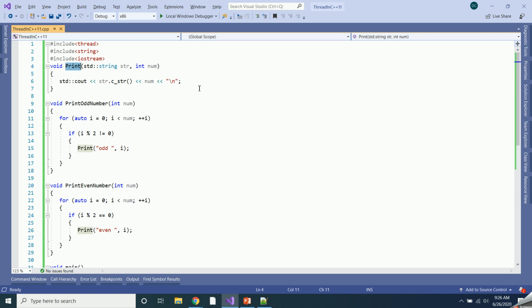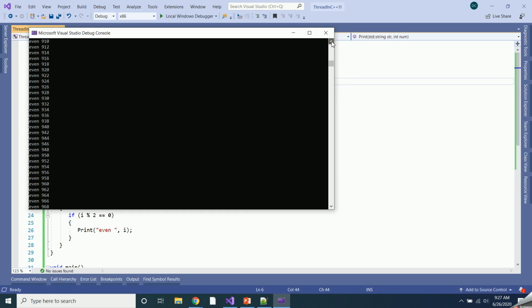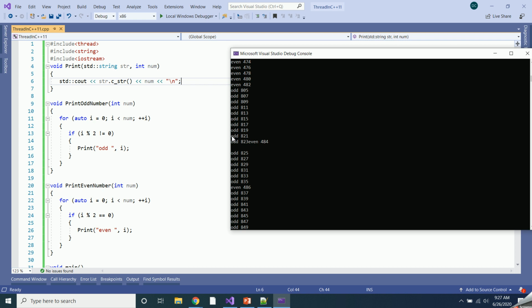Inside this function, we are just printing the value that we are receiving on the console. So if I run this program and see the output, at this line you can see that the odd number thread was executing and printing the value.